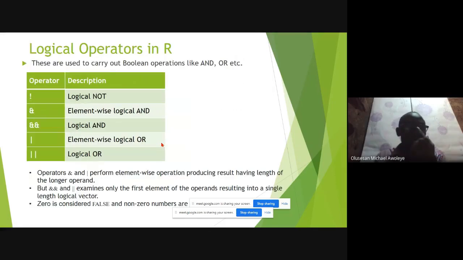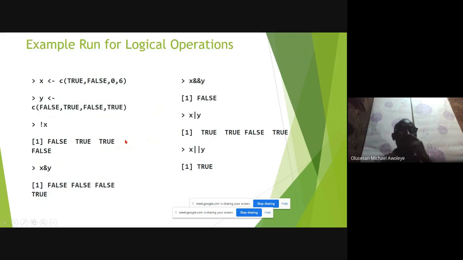So I'm going to go to the next one. The same thing goes for the remaining as it is. These are used for Boolean, like logical operators. The logical not is as written. The logical and is double ampersand, and so on. The logical or is like 2 pipes written together. I'm going to come back to this later,